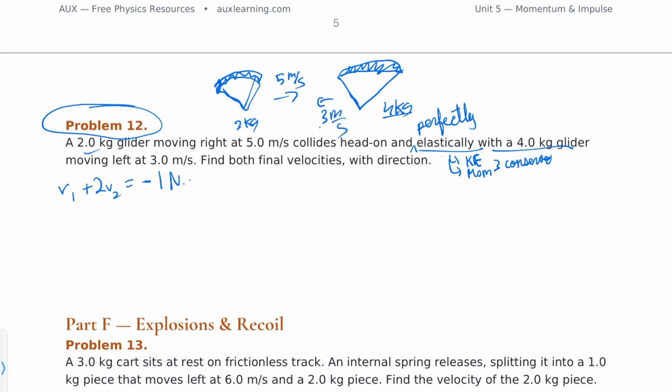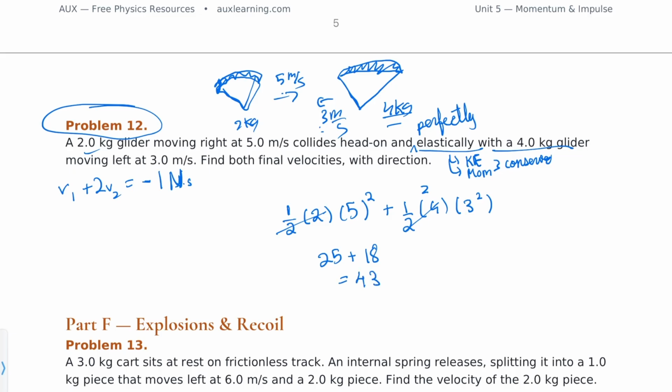And that's how you solve this. You have one part of the equation, now you need this other one, which is kinetic energy. What's the total kinetic energy of this system? 1/2 times 2 times 5 squared, plus 1/2 mv squared, 1/2 times 4 times 3 squared, which just gives us 25 plus 18, or 43